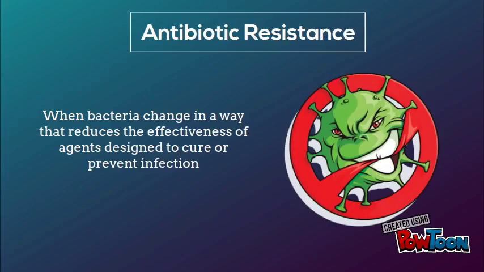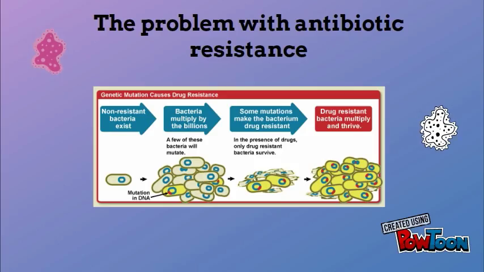Antibiotic resistance is what occurs when a bacterium develops a resistance to a certain type of antibiotic, causing it to be immune to the antibiotic's effects. This can become a problem as bacteria multiply quickly, causing the resistance to spread all over the body and from person to person quickly, making the antibiotic completely useless.